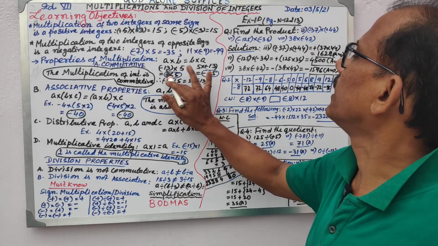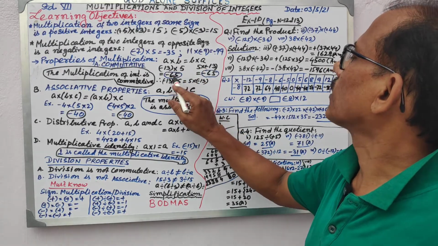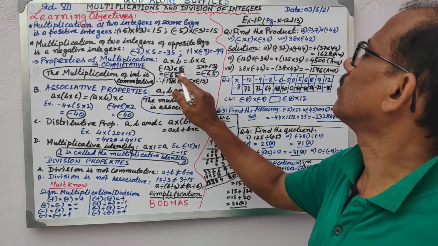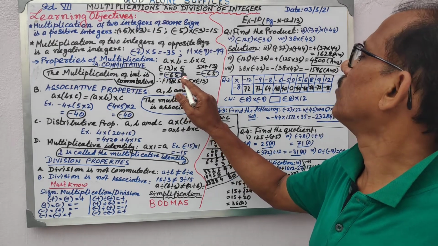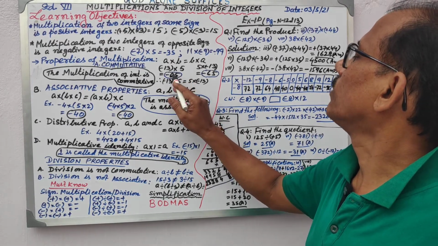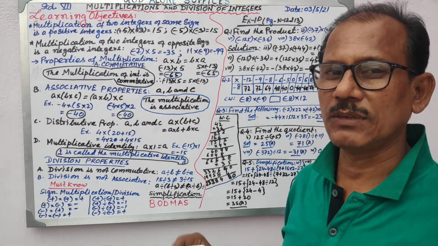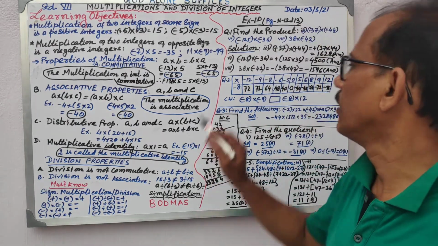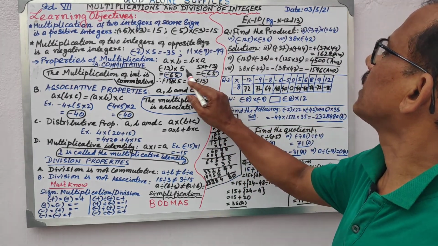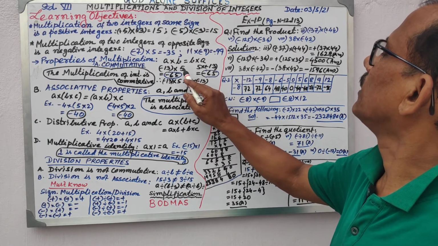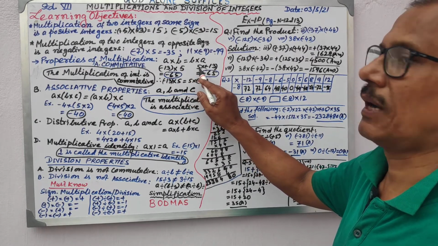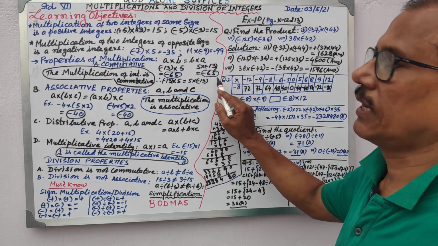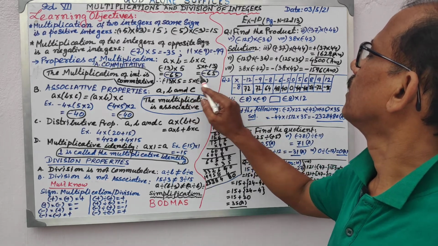I have taken an example as minus 13 into 5. The result is minus 65, obviously, because here one negative integer is there. A negative integer multiplied with a positive multiplier, so the result will be minus only. If one is positive and one is negative, it will always be negative. If both are positive, it will be positive, and if both are negative, it will be positive. Similarly, I have changed the order now. Here 5 was the multiplier, here 5 became the multiplicand, and minus 13 became the multiplier, so the result came minus 65. Both sides are minus 65.